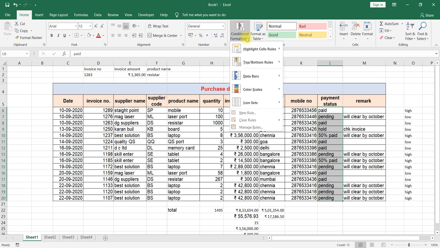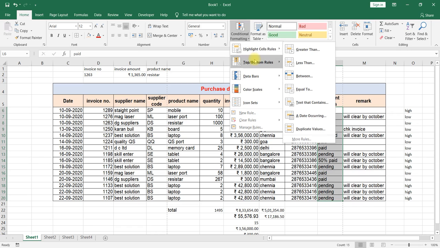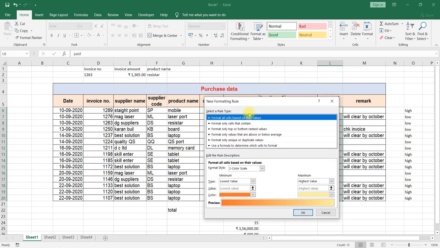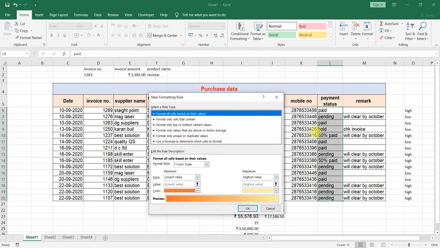In conditional formatting we can use the predefined rules, but this is not a greater than or a top or bottom cells case. Here we have to use a new rule. Select the new rule, and it will ask whether it is based on a value. No, this is not a value because this is text.